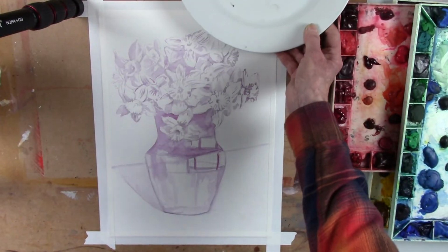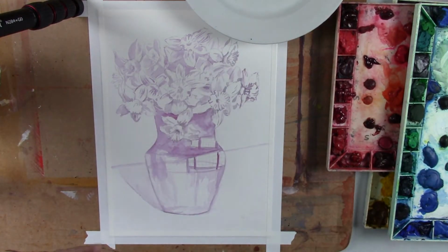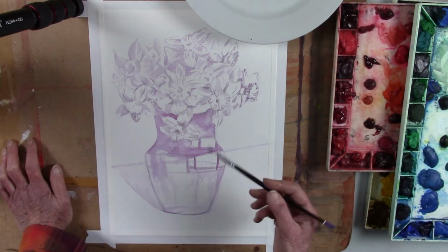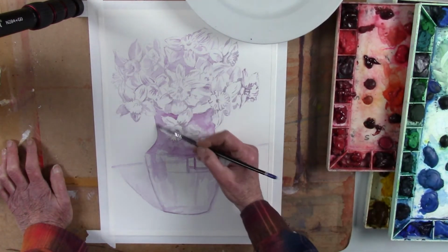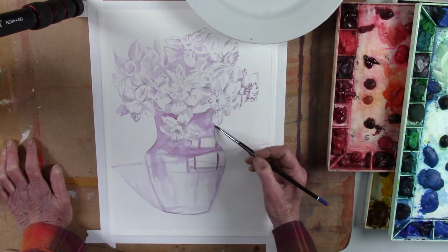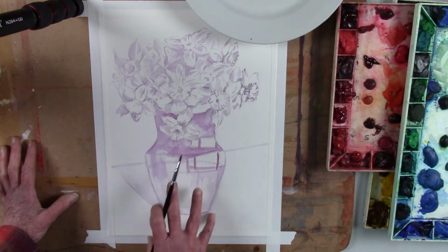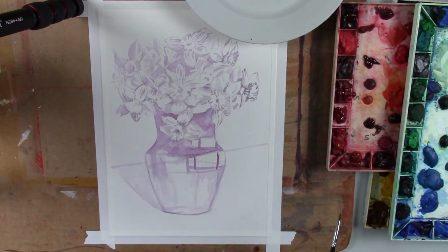Hello. I'm going to paint some daffodils today, and I'm going to start. I've done a sketch already, obviously, and I did a little bit of value painting on the sketch so that I could easily